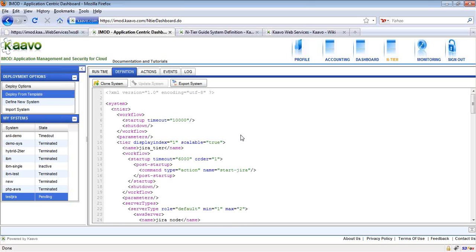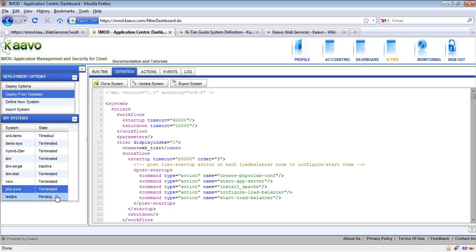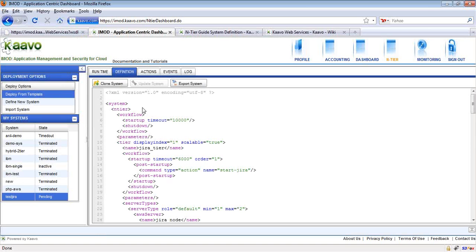So this is a single tier application. So there is only one tier in it, but the PHP application I was showing you before is a 3-tier application, and it has 3 tiers in it. Anyway, in the XML, the multi-tier element represents the multi-tier application.